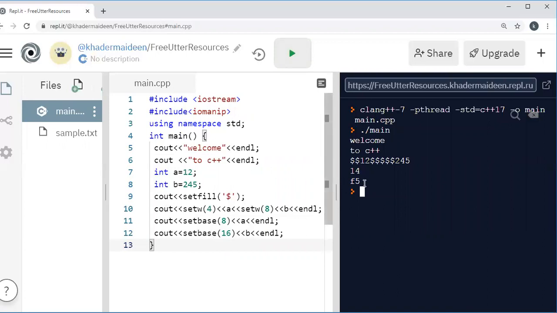The 12 whose octal value is 14, and 245 whose hexadecimal value is F5. Therefore, the setbase function is used to display the octal and hexadecimal value.